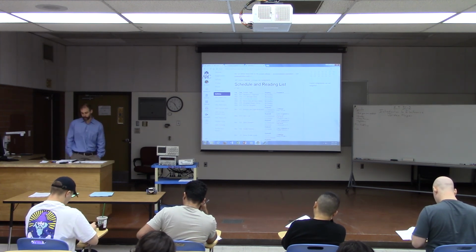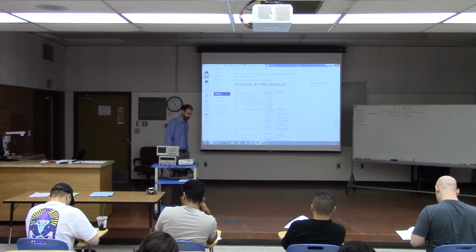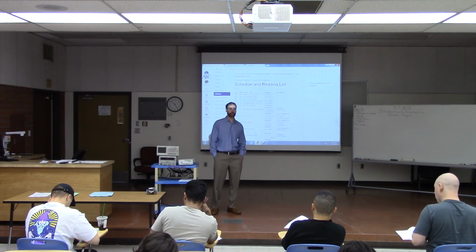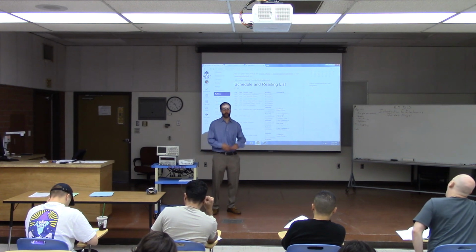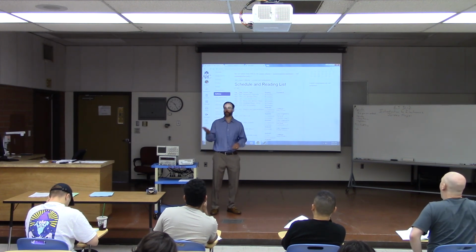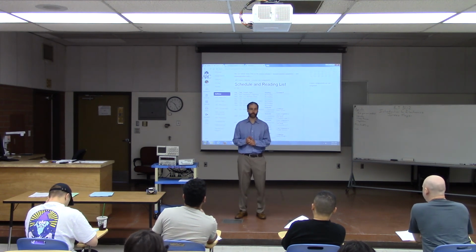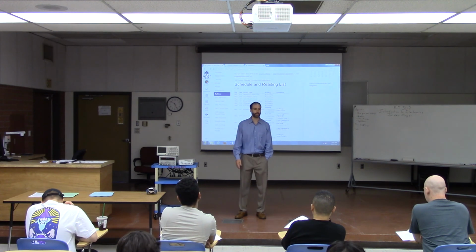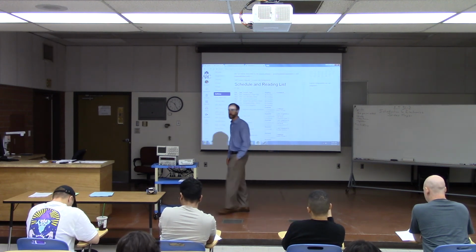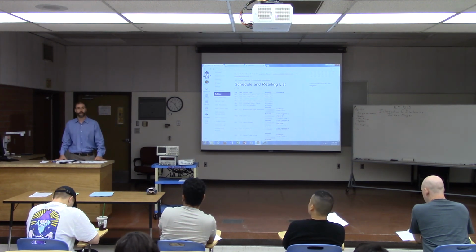The lab cleanup policy. Basically, the lab is over there. There's lots of stuff that we're going to be using, lots of components coming and going. The lab assistants over there do a really nice job of keeping everything neat and tidy for your class and for all the other classes that use it. So just leave the bench the way that you found it. If there's any garbage or anything that accumulates during the lab, just pick it up and throw it in the trash. And that's pretty much all there is to it. Okay? If you use any parts, you take them down during the lab, just put them away where you found them at the end.